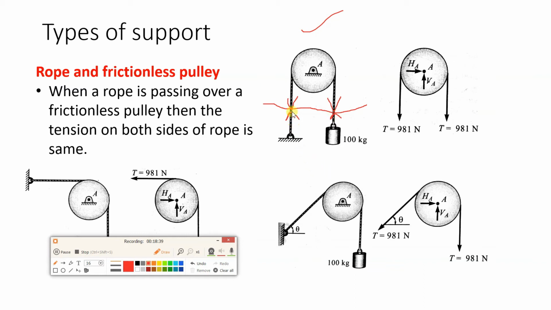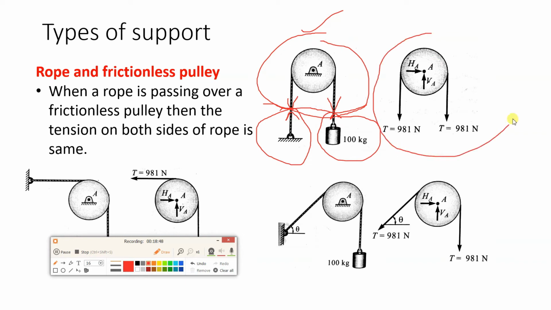So when you draw the FBD of this part, it will be like this. When you draw the FBD of the weight, it will be like this. But when you draw the FBD of the pulley, it will be like this as shown over here. Now here, what is the mass given? 100 kg. Okay, so 100 multiplied by 9.81, you will get tension as 981 Newton. Now as discussed before, when a rope is there, that tension will act along the rope. So here you can see the same direction tension is acting and it is acting away from the body.